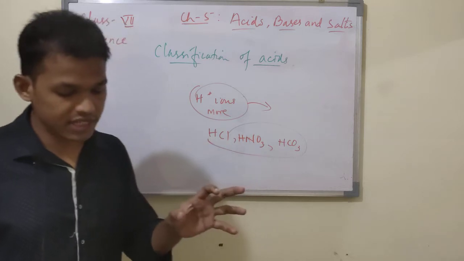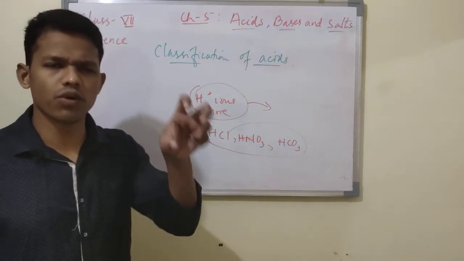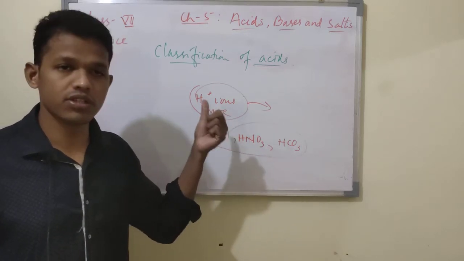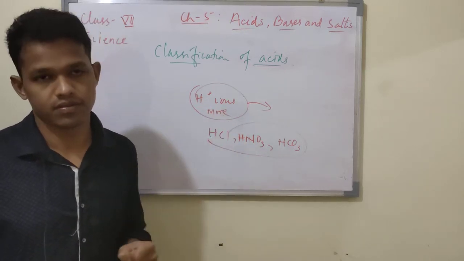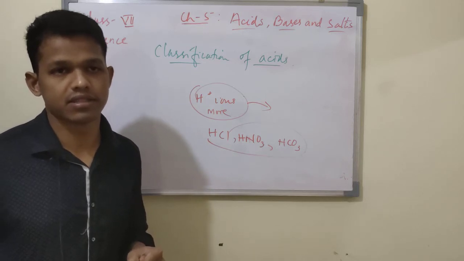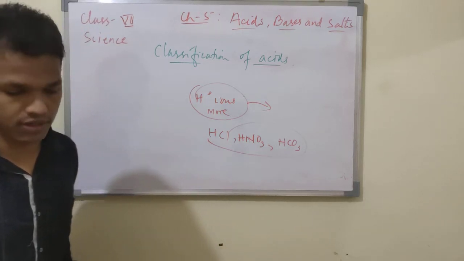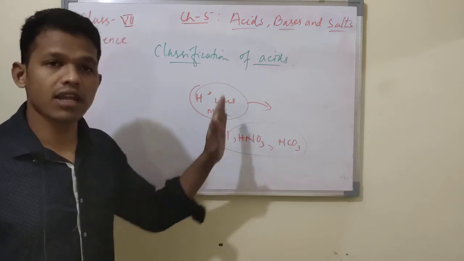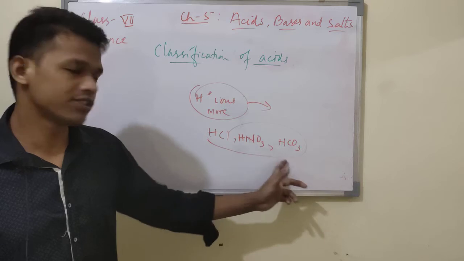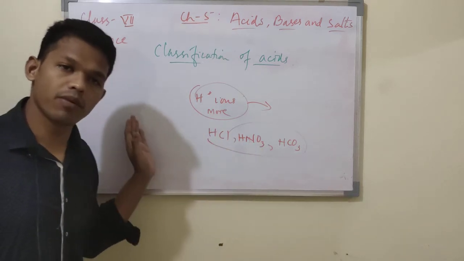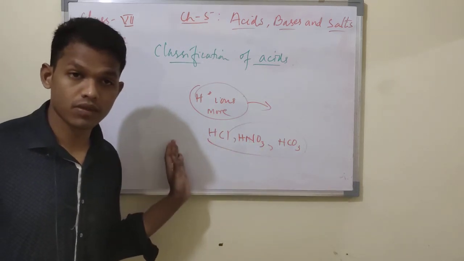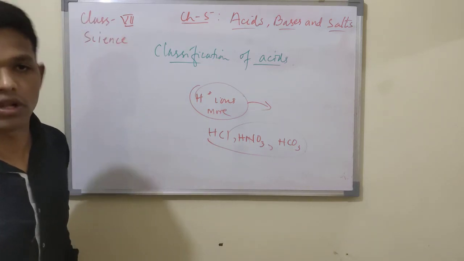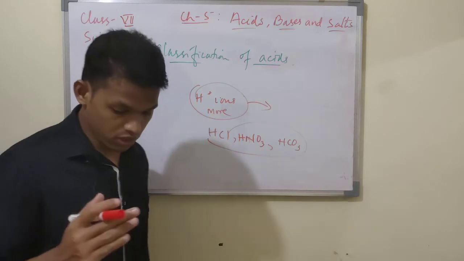And again, weak acid means when you dissolve the acid in water, the release or dissociation of H plus ions is very less. So such kinds of acids are known as weak acids. Most probably strong acids are mineral acids, and weak acids are like lactic acid, oxalic acid, tartaric acid. These are all weak acids. Also they are called organic acids. So already we studied two types.